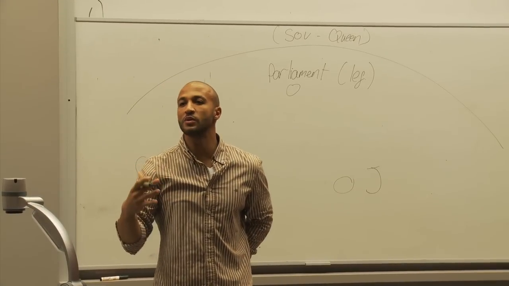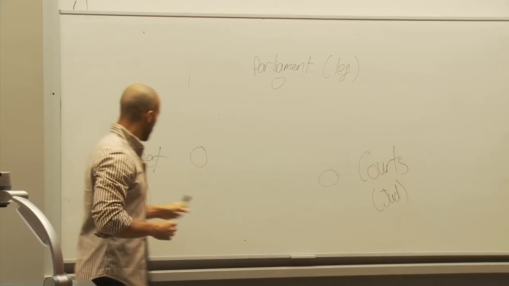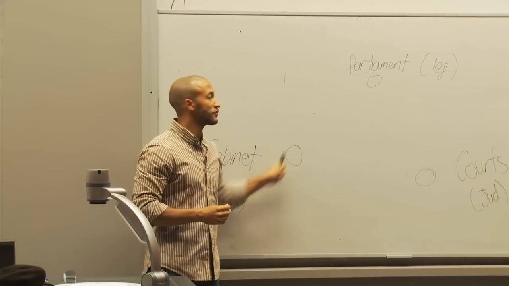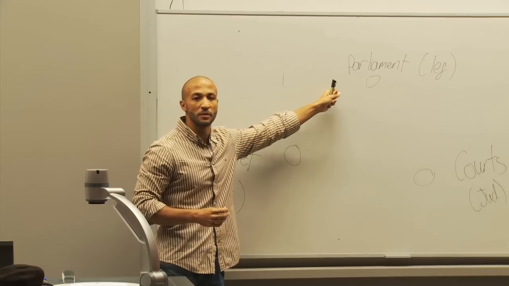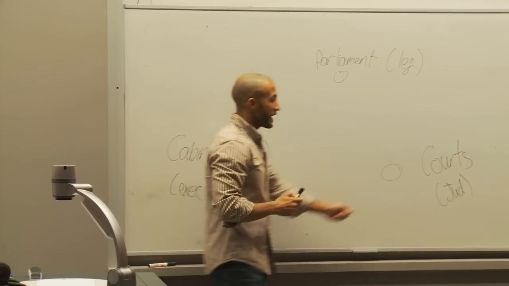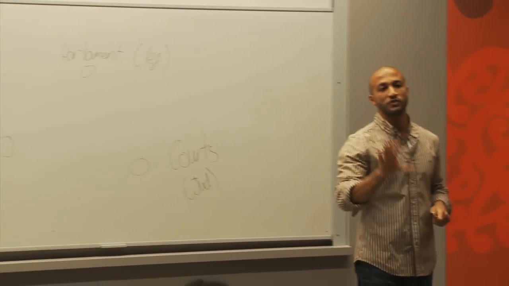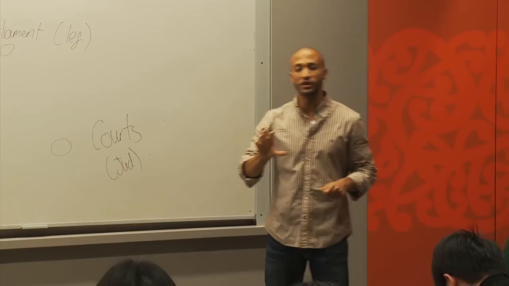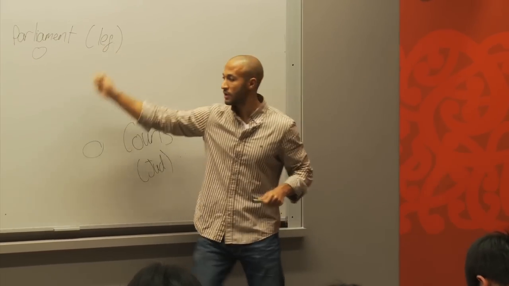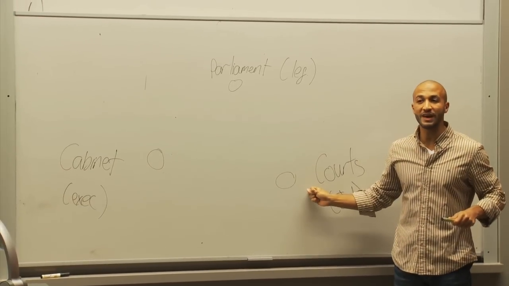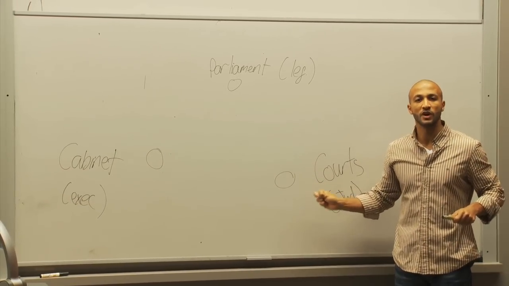The executive, the Cabinet, executes the law as it's decided by Parliament. And then we have the courts, and what the courts do is resolve any disputes that we happen to have over the law. So Parliament makes the laws, Cabinet executes the laws, there are disputes pertaining to the law, and those disputes go